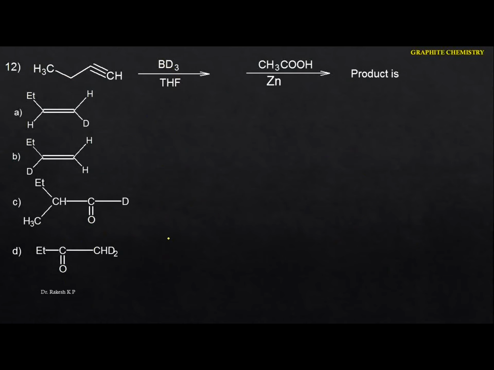So again, in this case they are given the alkyne. Okay, so just go to this one here. Let me write the particular reactions here. See the first one here. So we are having CH3CH2, C triple bond CH. Whenever it reacts with this, it is almost similar to the diborane, this is the borane here. Instead of the hydrogen we are having a deuterium, that will go here.